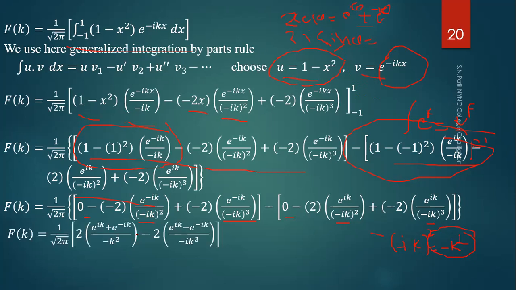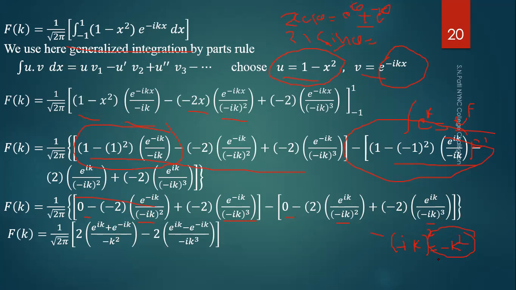See, we get e raised to iθ plus e raised to minus iθ divided by minus k square. Intentionally we first construct the e raised to iθ because we want the 2 times cos θ, or 2 times i sin θ. Similarly construct the minus i cubed in the denominator, minus i raised to 3. So first focus on e raised to iθ. So see, this is the minus sign, this is the minus sign.